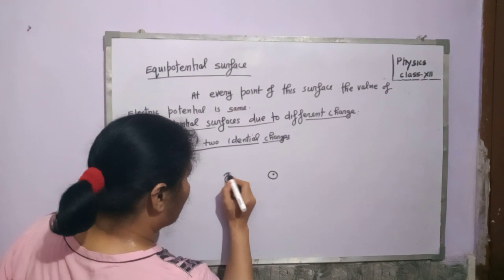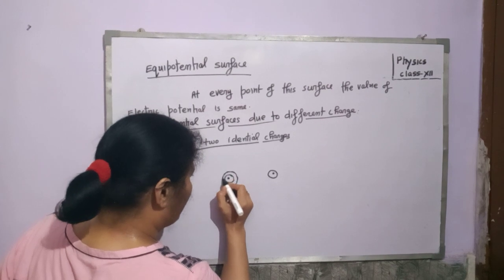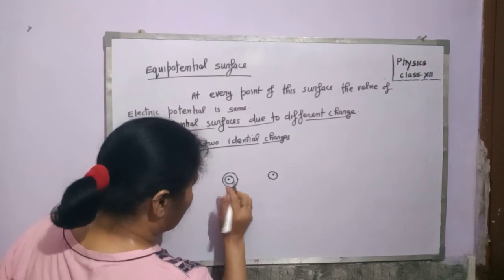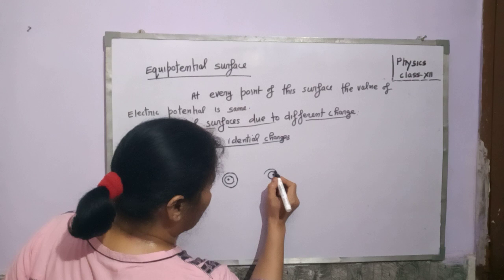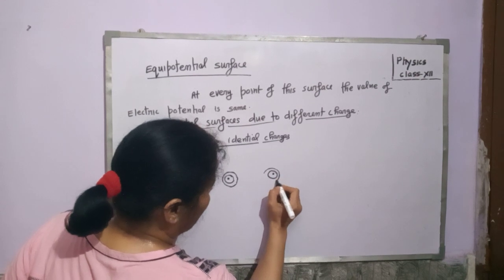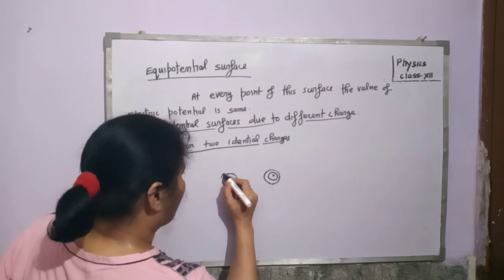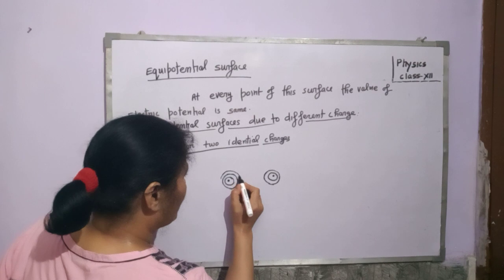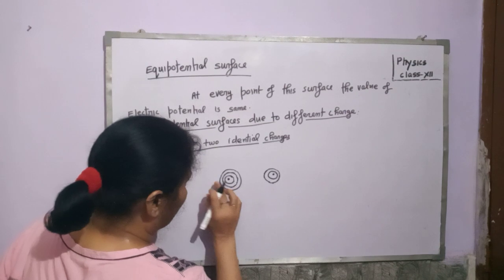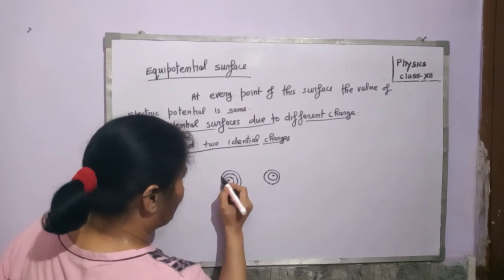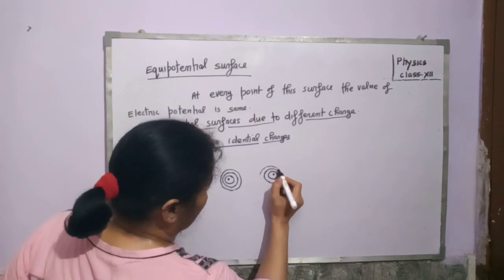Now the second equipotential surface you can draw here in this manner, spherical, but this charge is not at the center. Here the surfaces are close, here the surfaces are further apart from each other due to the repulsion between the like charges. This is the second one. Now the third one you can draw in this manner also. Three are sufficient for you. Here the equipotential surfaces are close to each other and further apart on the right side.